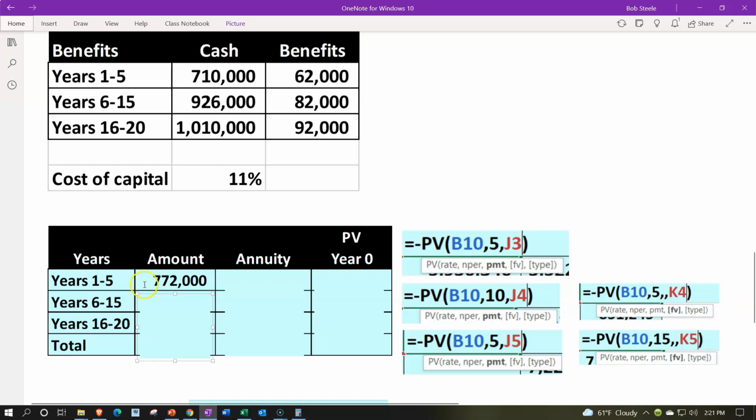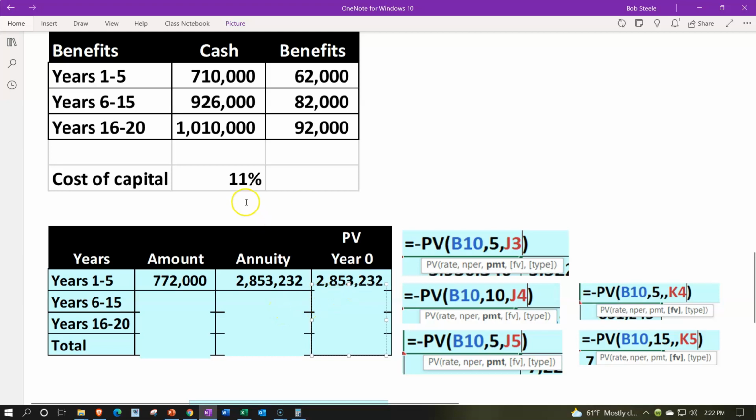So we have then the amount for the first one, once again, is the 710 plus the 62,000 for the years 1 through 5. We will do an annuity calculation for those 5-year time period, which would look like this. We'd say, okay, that's going to be equal to the present value of the rate, which is going to be the 11%, comma, number of periods, which is going to be 5, this time hard-coded because there's 5 periods here, and then comma, this time we're using the payment here because it's not present value of 1, it is an annuity, meaning we are expecting this 772,000 to happen each year for 5 years. So then if we discount that at the 11%, we get the